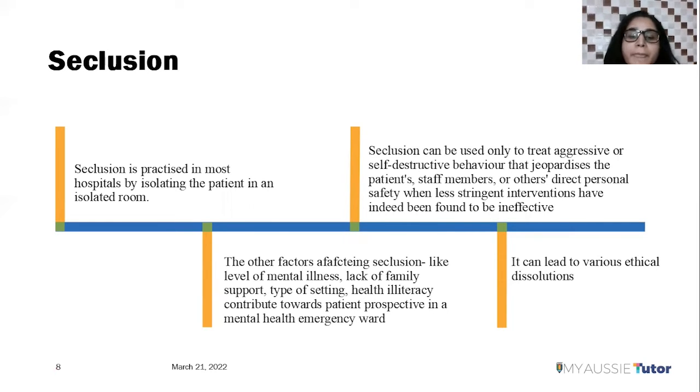The other factors that affect seclusion are levels of mental illness, lack of family support, type of setting, and health illiteracy, which contribute towards patient perspective in a mental health emergency ward. It is usually provided without debriefing the patient about the situation or the intervention, which can lead to various ethical dilemmas. It can at the same time